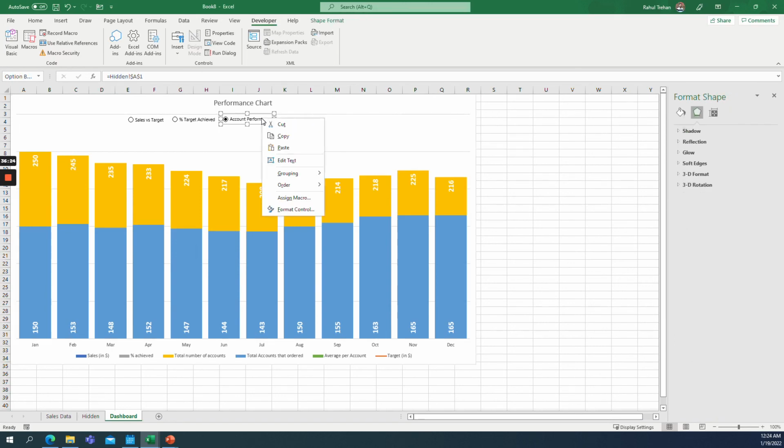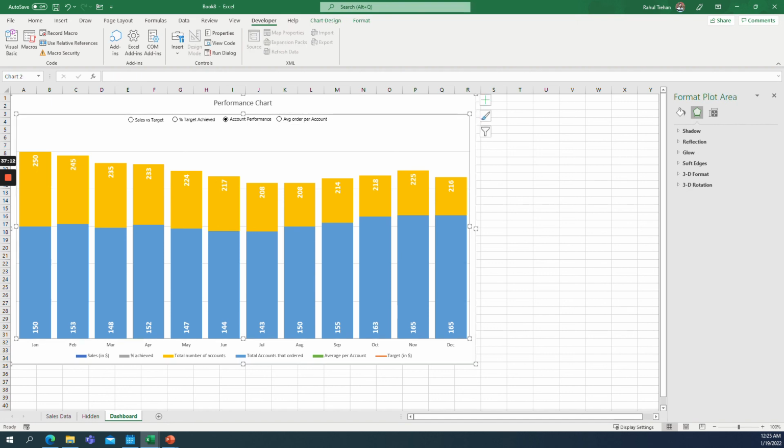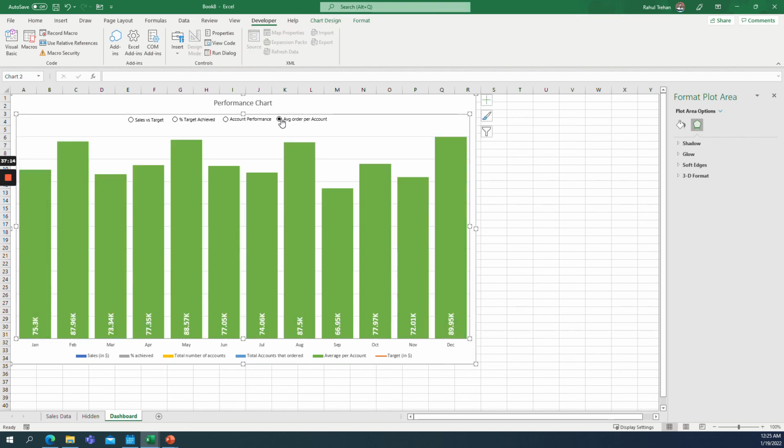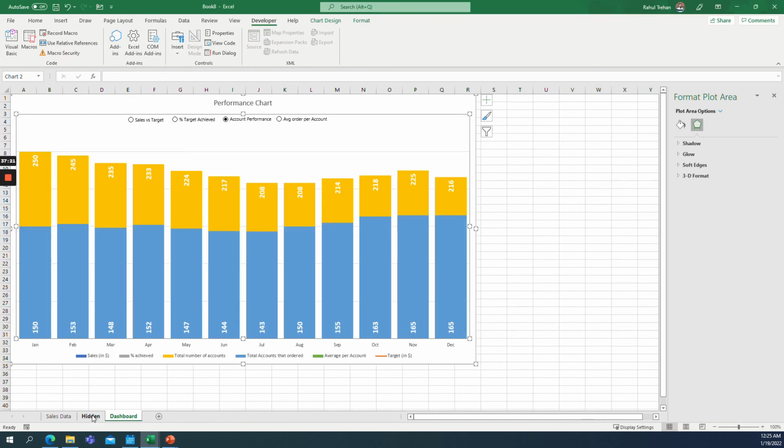You can also copy it and paste it and rename it to the desired value it's going to give you. So since it's going to be the average order per account, a little bit of alignment. Here you go. So you can see that simply with a click of a radio button and without changing anything manually here,